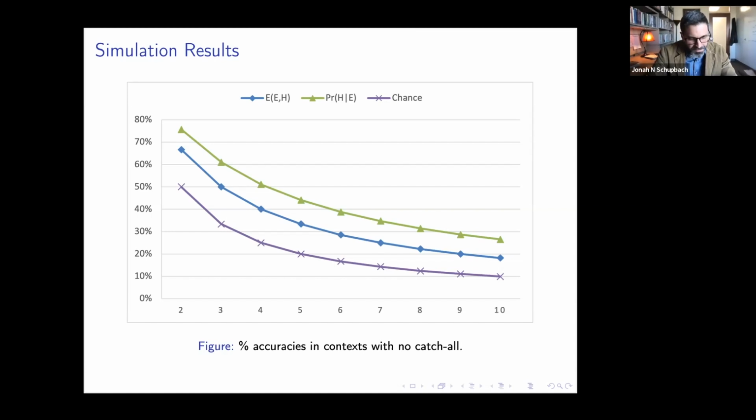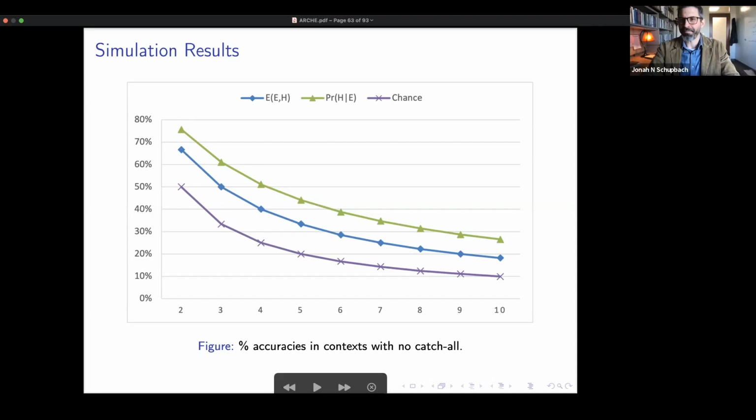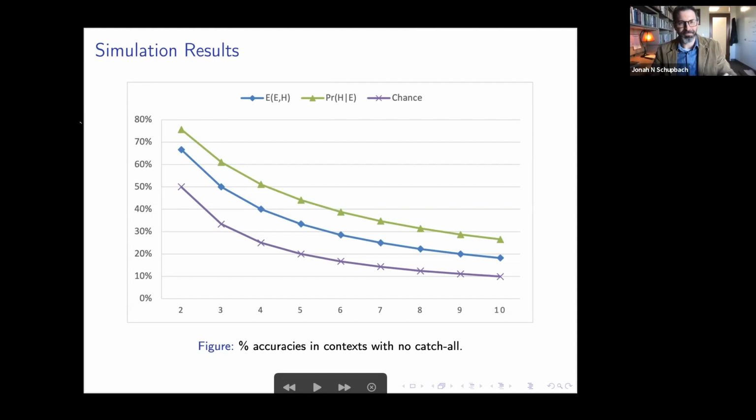But notice across the board here, the posterior probability, that green line, seems to be the clear winner. Right? If we stopped here, we might think, okay, well, I've used my simulations for concept engineering. I am now going to teach scientists and statisticians using Bayesian methods for theory choice to always just use the posterior probability to pick their favorite theory, or to favor theories, because it does better than the other option.